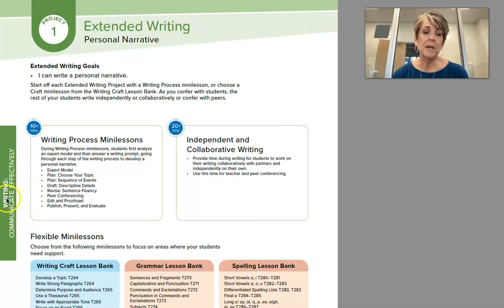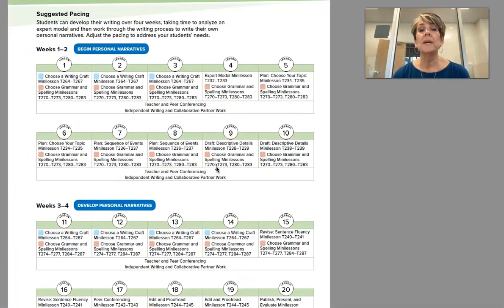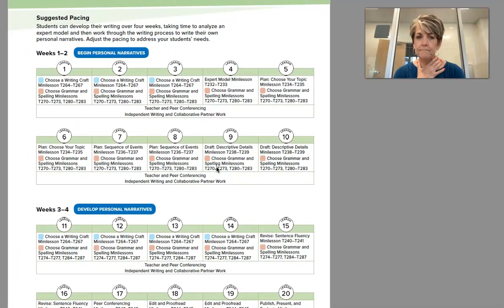This comes behind your Writing, Communicate Effectively tab, and as you look through that tab, you'll see that it outlines for you the mini lessons that you can do throughout the week, the independent and collaborative writing that can be done throughout the week, and about how many minutes is being recommended for that time. So if you scroll to the next page, or turn the page in your teacher manual, you'll see that